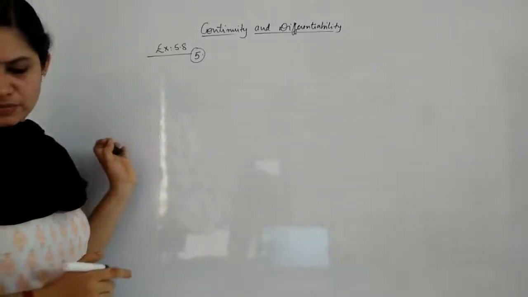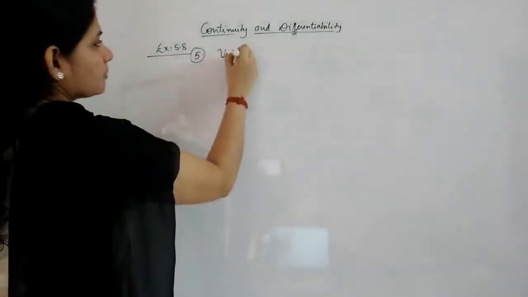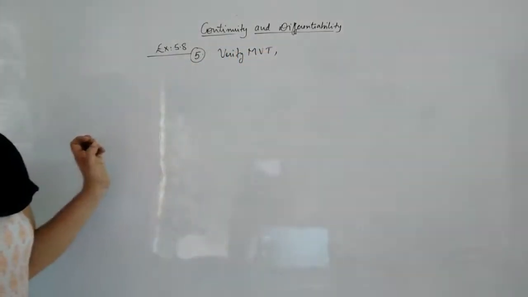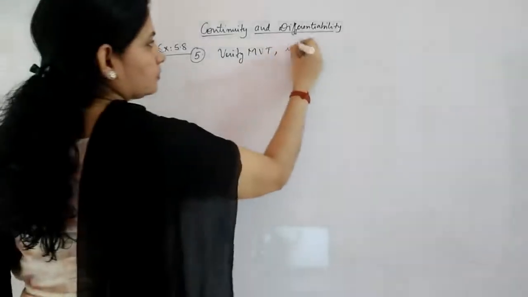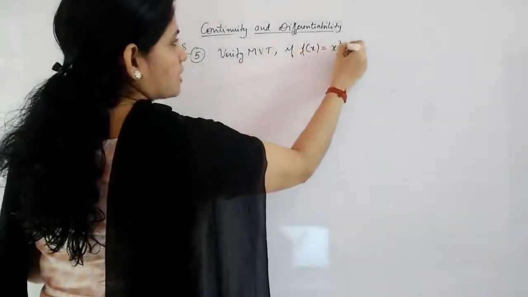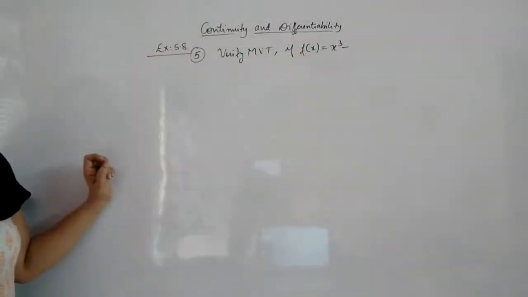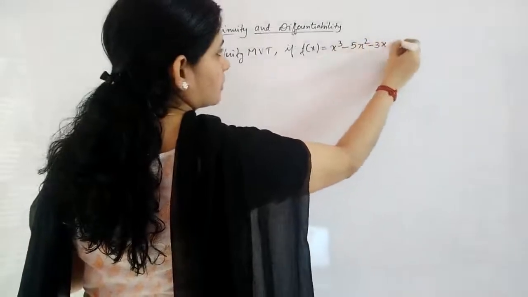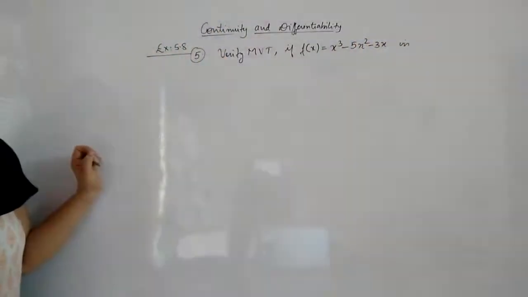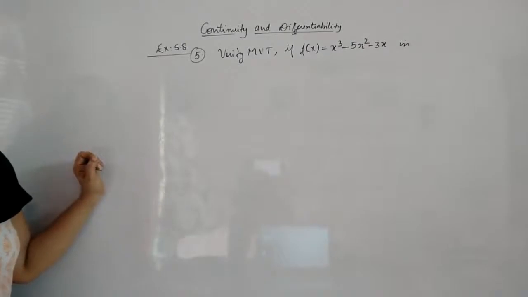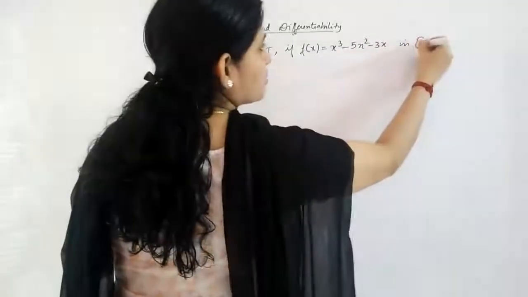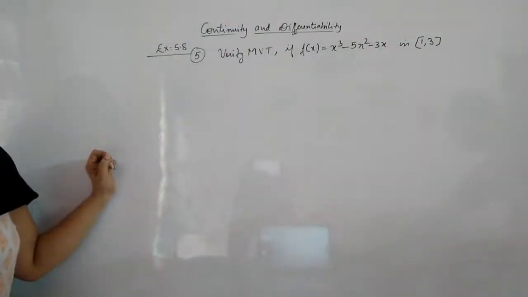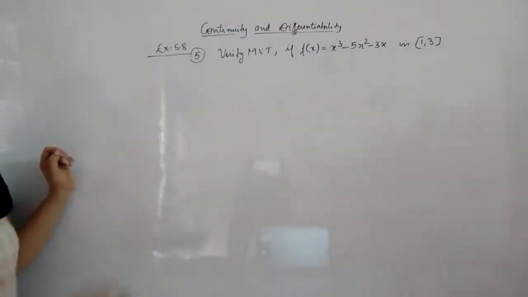Question number 5 is verify mean value theorem. If f of x is equal to x cube minus 5x square minus 3x, in the interval AB, where a is equal to 1 and b is equal to 3. That means in the closed interval 1 comma 3. Find all c in 1 comma 3